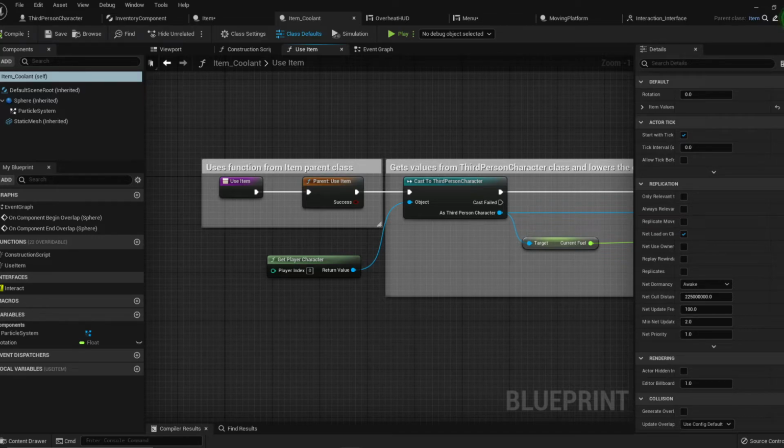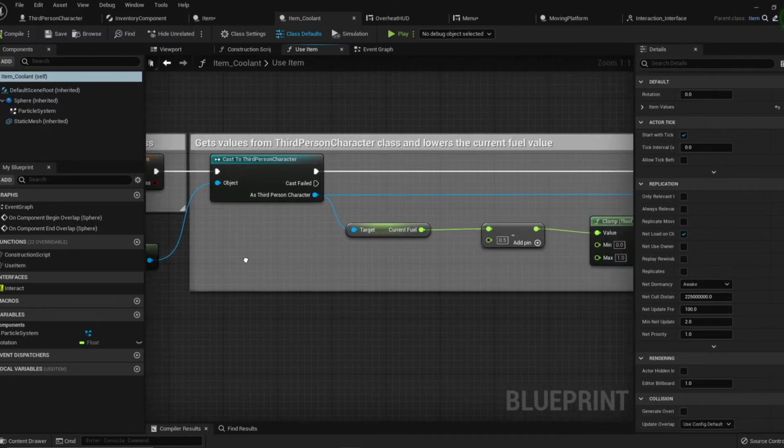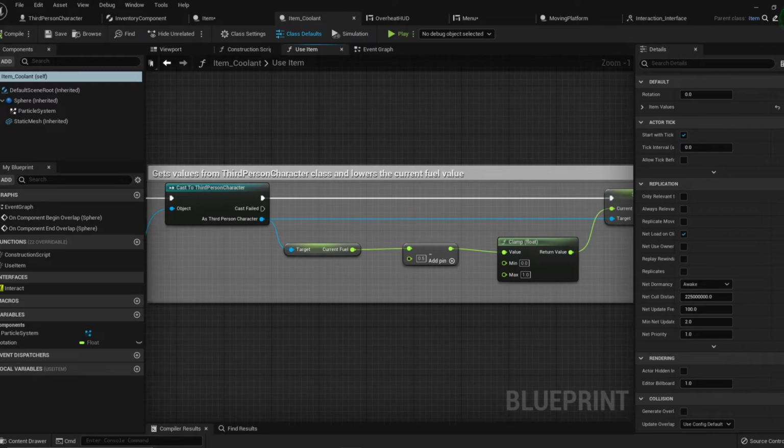So I may not have needed the parent class to begin with, but it's nice to have the option in the future to easily create more items if I decided to pursue this. So starting here in the use item function, it uses a function from its parent class for when the player wants to use an item. It then casts to the third person character so that I can use the values from the blueprint and edit those